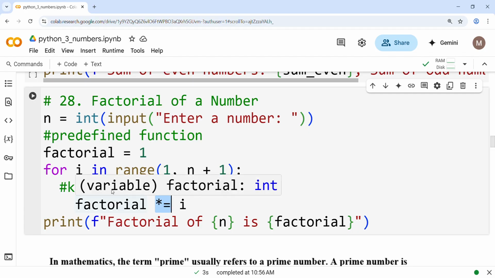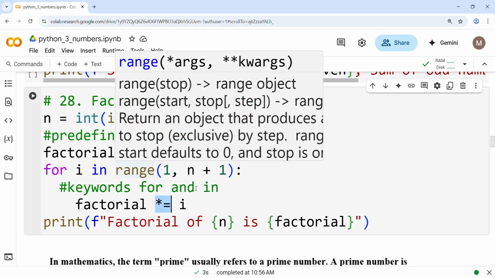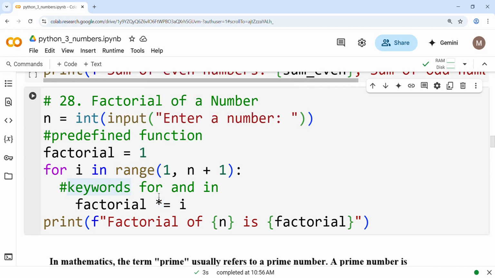The first iteration, as I told you, factorial is 1, so it is multiplied with this 1, giving 1. In the next iteration it becomes 2, then the next iteration 3, 4. In each iteration the number is rising, those numbers are multiplied and stored here. After that we get the result. So for your understanding,